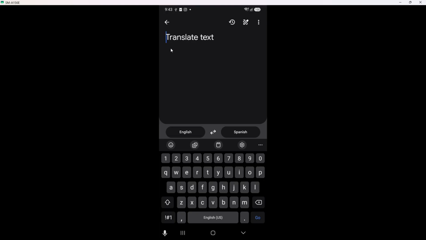With the languages ready, type a word, phrase, or sentence in the large text area below the boxes. As soon as you start typing, your keyboard appears and Google Translate often begins suggesting a translation in real time. Using full sentences gives the app more context, which usually produces more natural-sounding results.